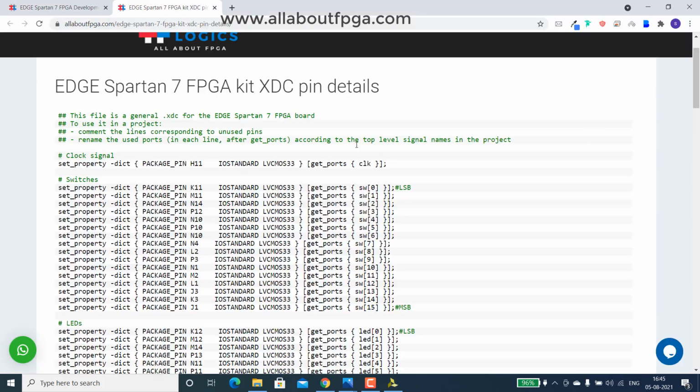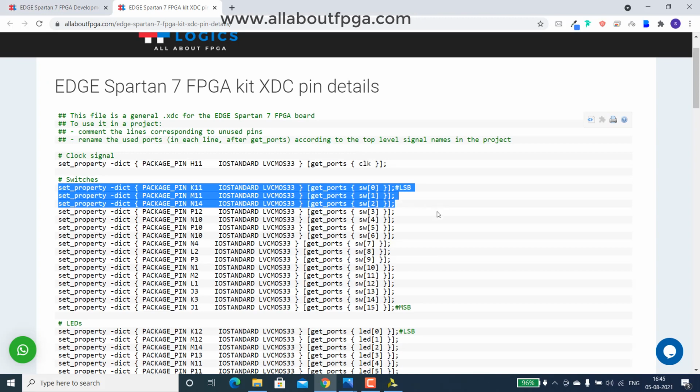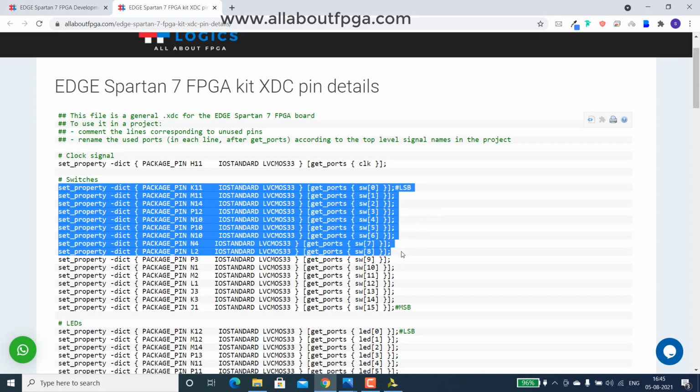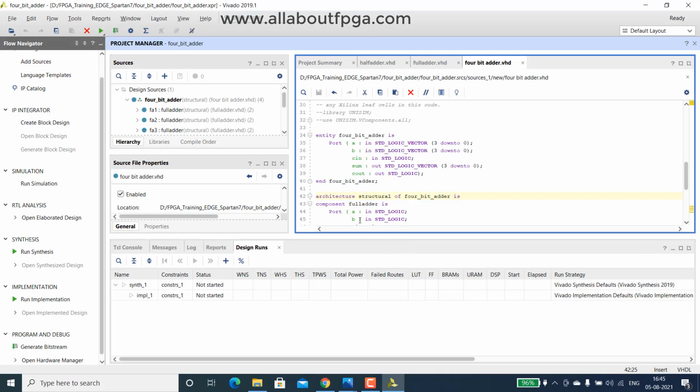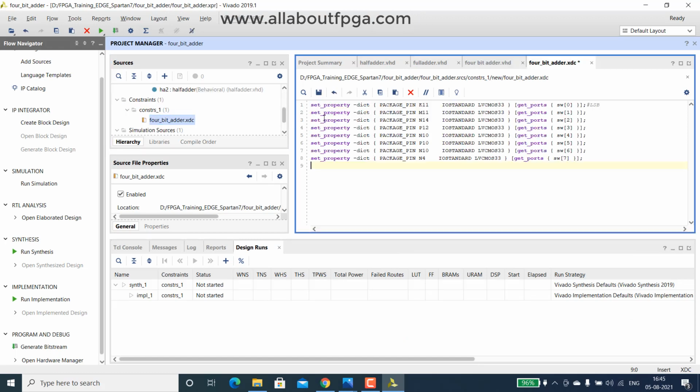Let's assign A and B to the switches. So I take the 7 switches, copy that 7 switches, 8 switches, and open that editor. Here this will be assigned with A, then B, of 0, 1, 2, 3.